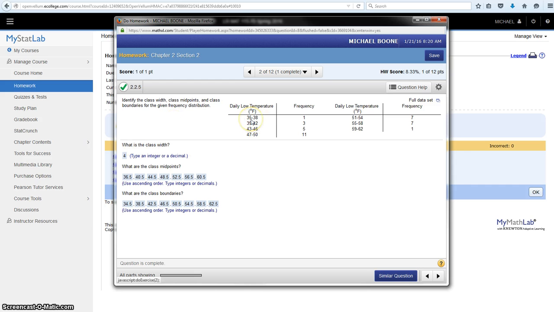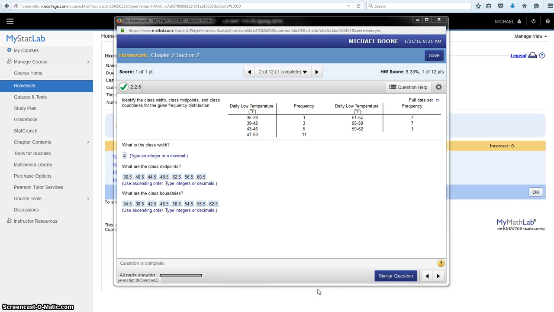But when you're looking at the class width, if you look at your lower bounds, so from 35 to 39, the class width is 4. It's the difference between your lower bounds from two different classes. The class midpoints, they are found by taking the average of a class. So if we look at 35 and 38 and just take the average,